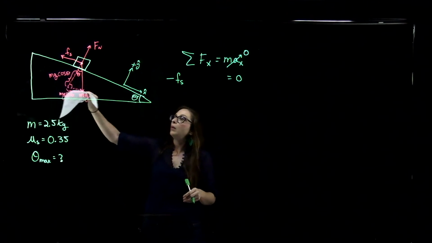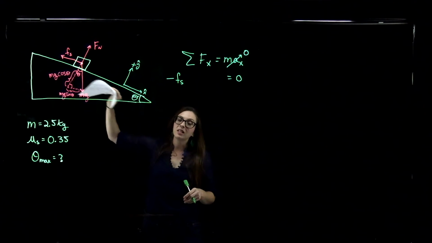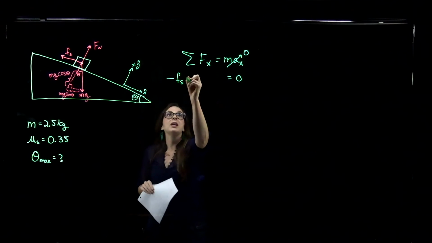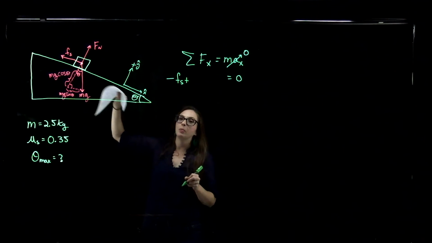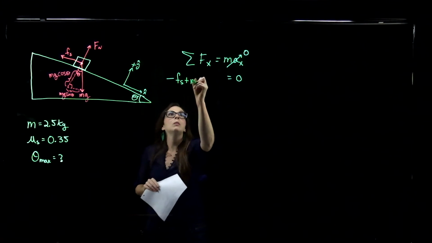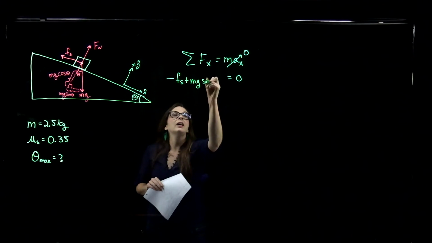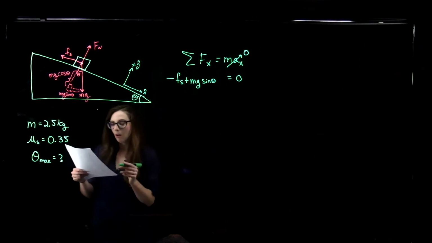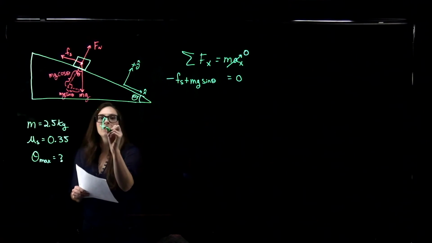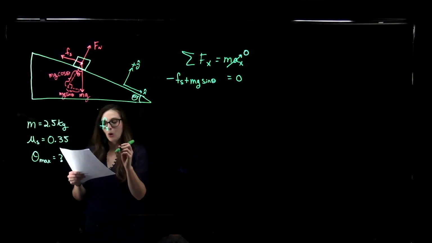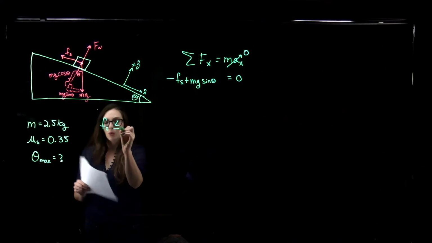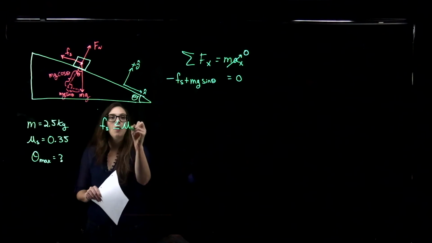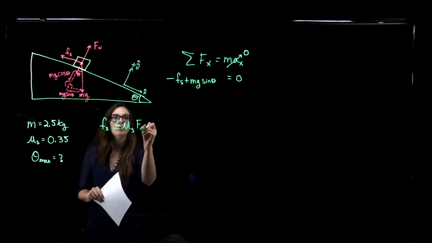And then the component of my weight that's down the plane, that's positive actually, it's down the plane here. That's going to be mg sine theta equals 0. So recall that the force of static friction is always less than or equal to the coefficient of static friction times the normal